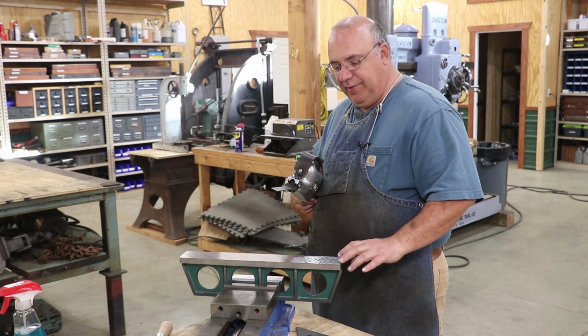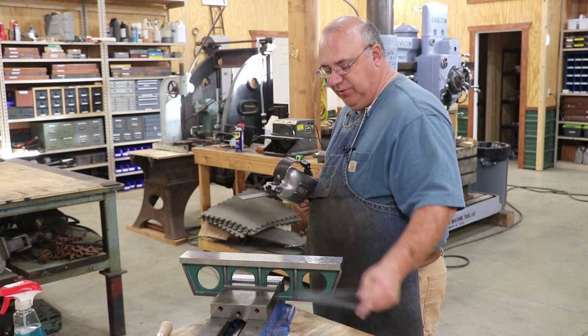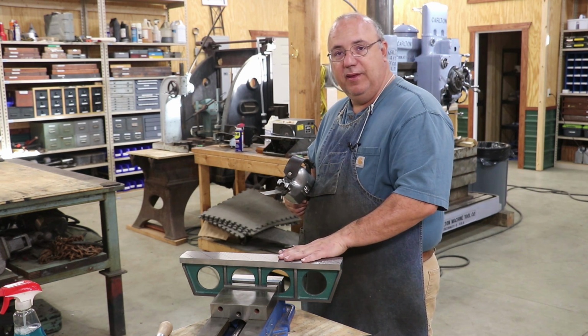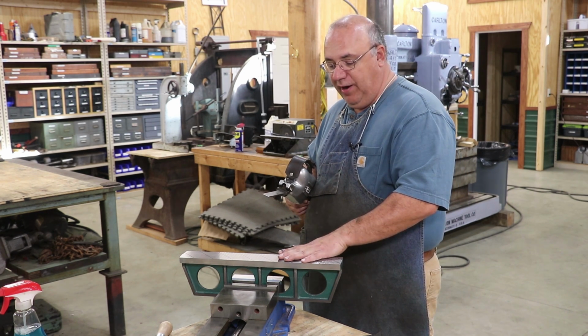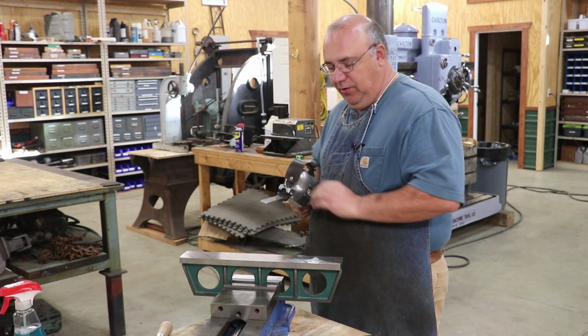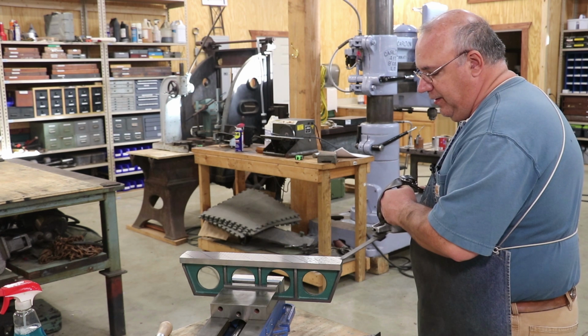I'll also point out that I just took a Sharpie pen and again a little speed square here and went along and put some lines on here at 45 degrees across my part, and that's going to help me stay where I need to be and keep my lines in the right orientation. Anyway, let's do it. So we'll just come in here and